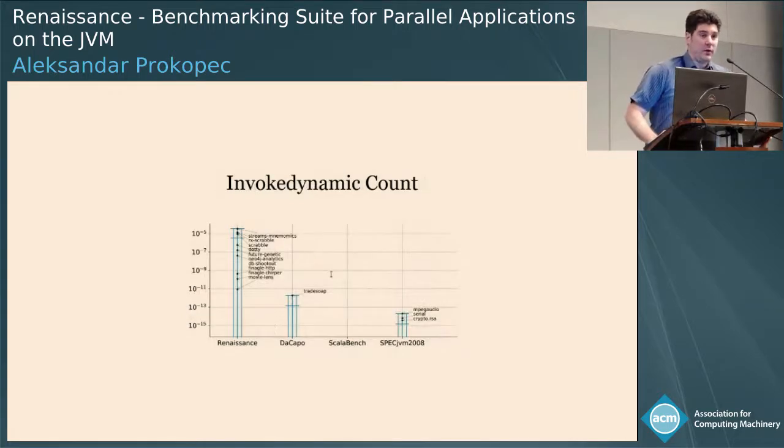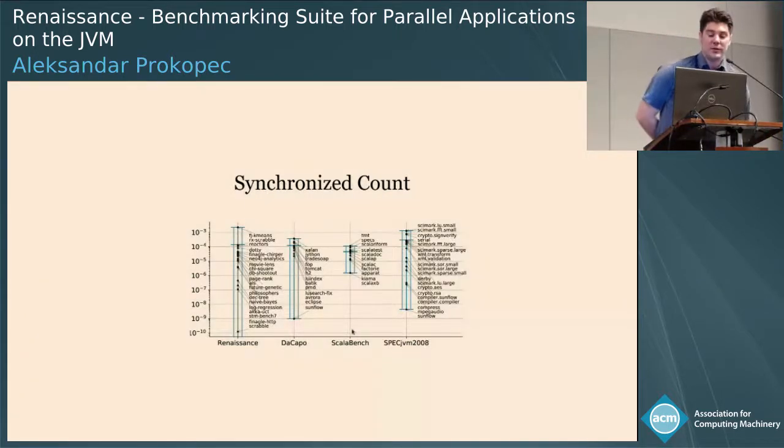Another thing that was a huge difference compared to existing benchmark suites is the number of invokedynamic invocations in a benchmark. This is not surprising, given that when these other benchmark suites were made, invokedynamic basically wasn't a construct on the JVM. You can see that in some of them there are actually some invocations, but we believe that they happen through a transitive call into the JDK library on a newer platform. And this is particularly interesting because invokedynamic is used to implement lambdas and method handles, for example.